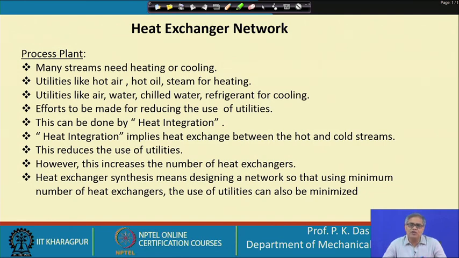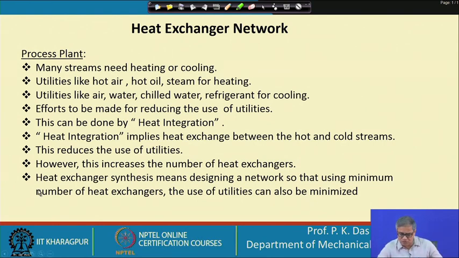Not only will I reduce the running cost and protect the environment, I will also try to reduce the initial cost. So, you see heat exchanger network synthesis has got a very profound goal. In today's scenario, this is very important. Why in today's scenario? Years together, no process plant or chemical process plant for that matter has been designed without some sort of consideration to heat integration or process integration, where heat exchanger network analysis is a very important part.